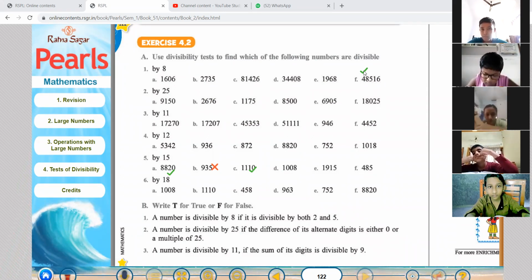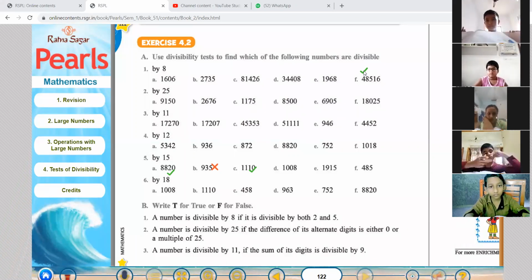Okay. It's very simple. I am just saying it because we have studied the divisibility of both 5 and 3 very thoroughly in our previous classes. We know how to find the divisibility of both 3 and 5. Then shall we move to our next one?